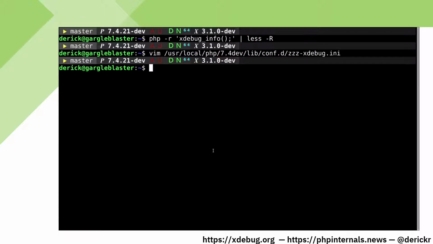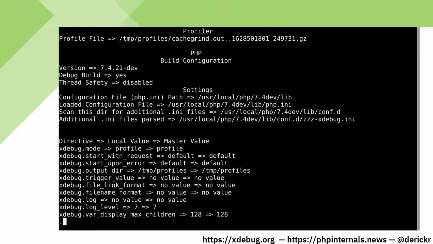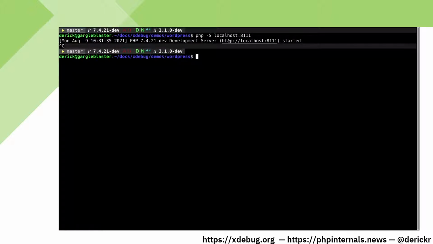Now let's check our output again. And now in the profiler, you can see that it also has the time in there. The request URL is of course empty because we run this from the command line. Now we can start WordPress again. If you're using PHP FPM, you need to restart that because you have made PHP ini settings. If you use Apache, then you need to restart Apache as well.